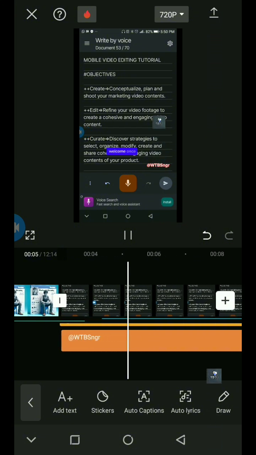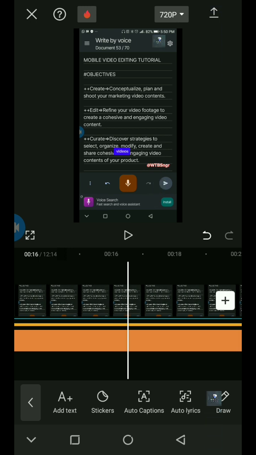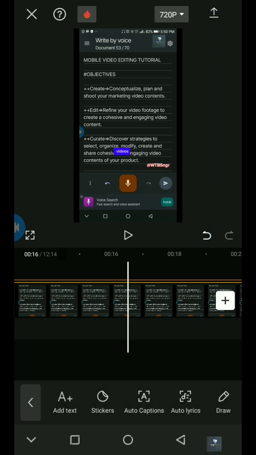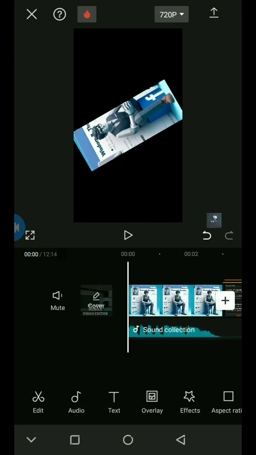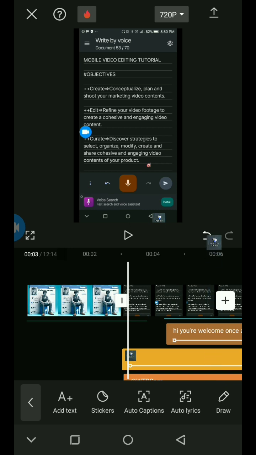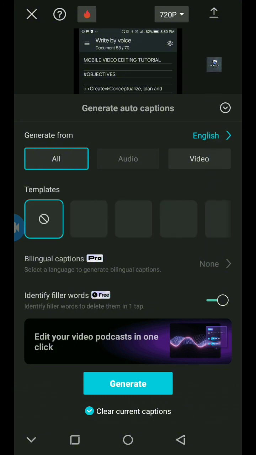Hi, you're welcome once again to this session on mobile. So you can see how that goes now. Look at it on the screen. So how did we add the caption? It's still under text. Now, mind you, nothing is selected. Okay, under text. When you come to text, you see auto captions, auto lyrics. But what we are talking about is captions. Okay, so if you tap the caption,